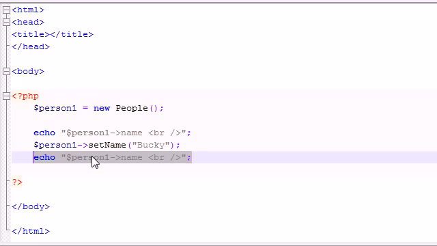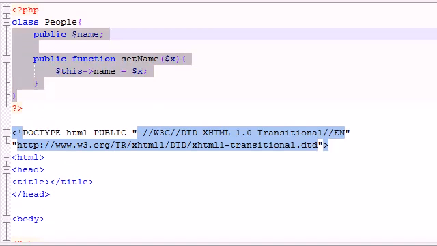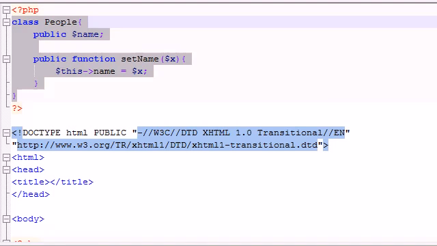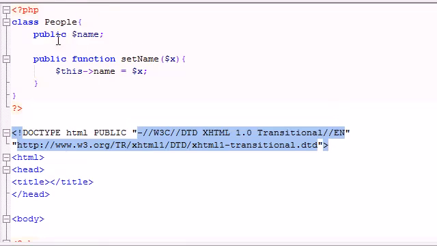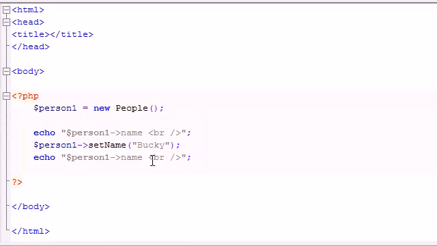So anyways, the basic thing that you have to take away from this tutorial is a class is a way to organize your variables and your functions. Anytime you want to use any of this, you need to make something called an object, and with this object you can use any of this stuff in here. So that's the basics of object-oriented PHP, the basics of classes, fields, objects,